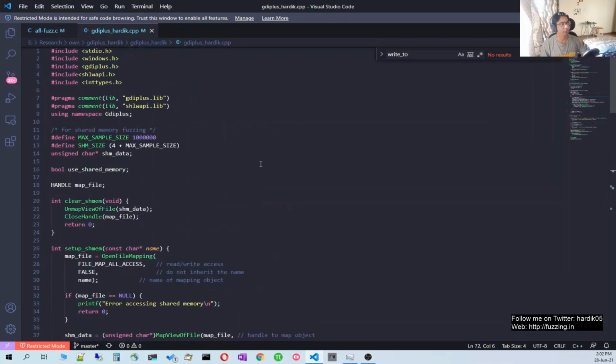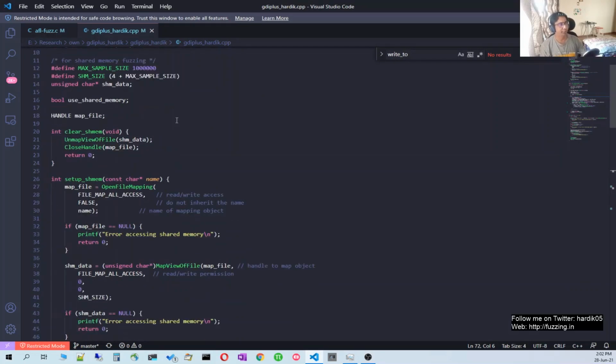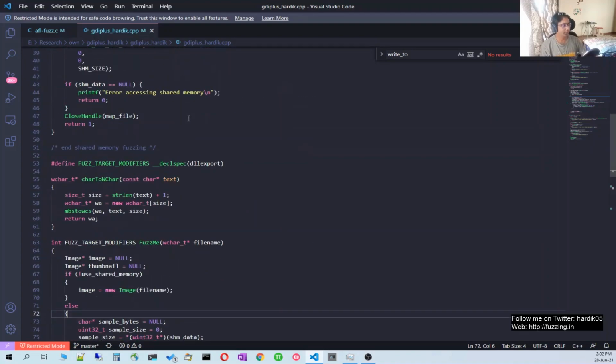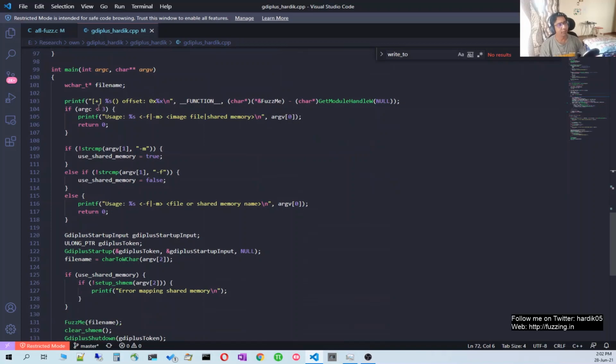So I have opened the harness program, and it contains all the changes which I have added to this program. You will notice that inside the main function I have added a few extra parameters like -m and -f. So -m means we will be using shared memory mode.